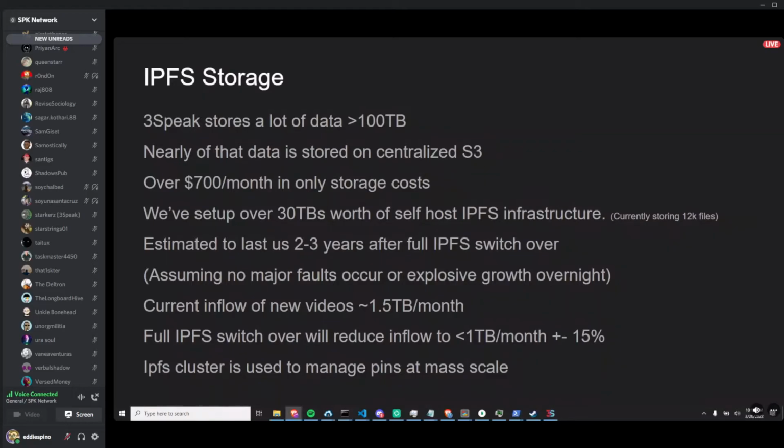Let's see. So yeah, our storage costs are pretty high on the centralized S3, which we hope to get down quite a bit by storing more videos on IPFS, as the infrastructure is cheaper by about 10 to 20%. We currently have a server with a little over 30 terabytes of data available, and we've only used a small amount of that because we are just rolling out the IPFS encoder. We are likely going to set up another server to keep storing that data in a redundant fashion. It should last us about 2 to 3 years or so. It really depends on